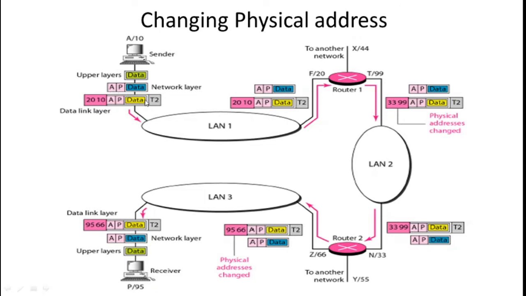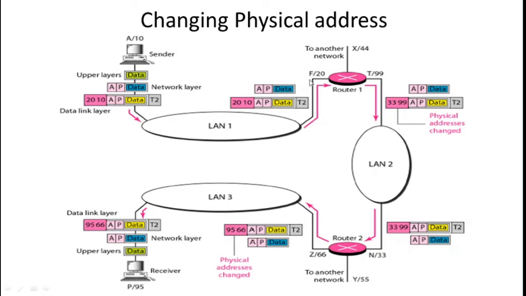So that is being formed, and this datagram comes as payload to the data link layer, where it is added with the physical addresses. So the source address is 10, and the destination address is the nearest router address. So it is sending it with 20, so it passes on through the layers to the